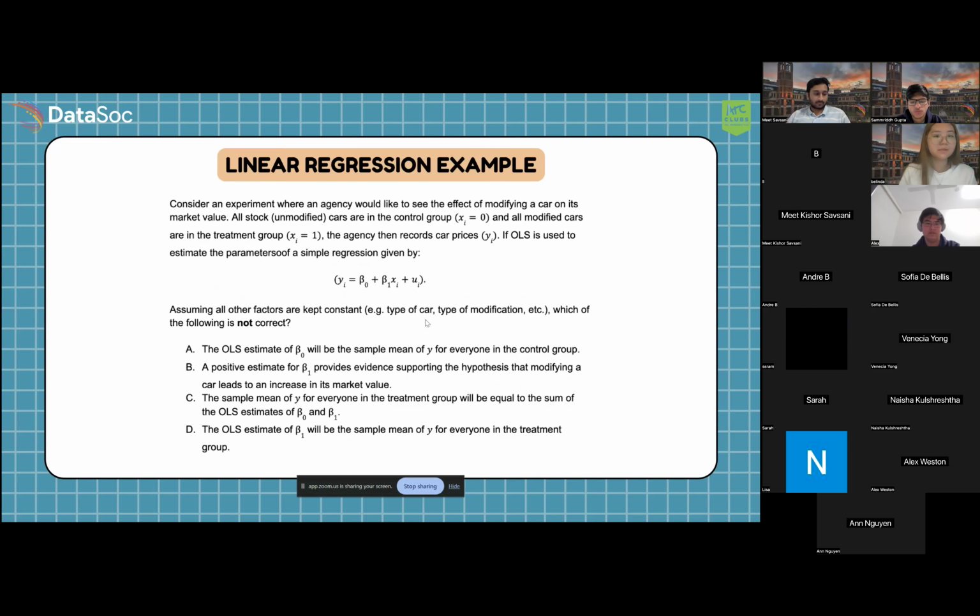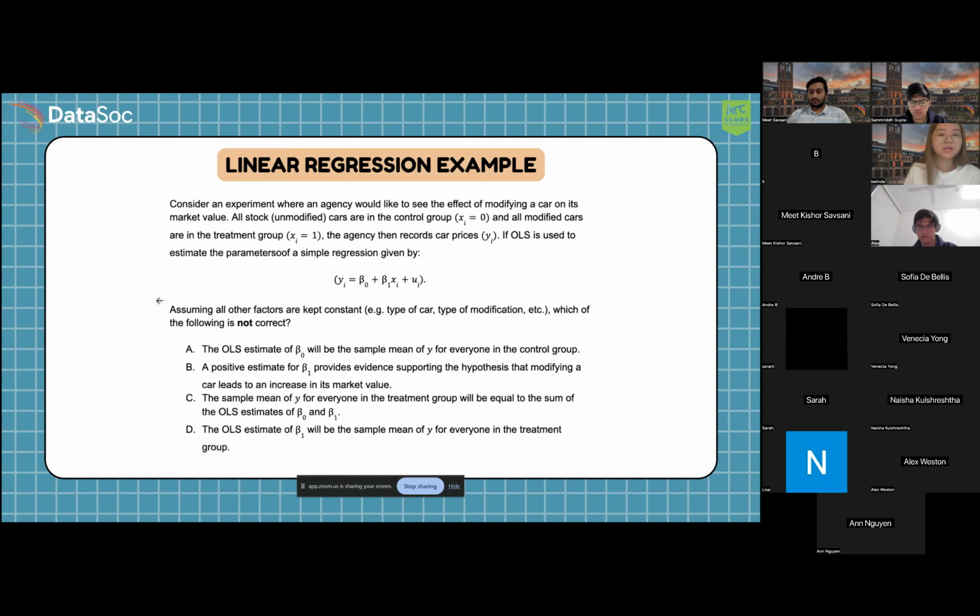So here is an example of linear regression. Consider an experiment where an agency would like to see the effect of modifying a car on its market value. All stock or unmodified cars are in the control group, represented by x1 equals 0, and all modified cars are in the treatment group, where x1 equals 1. The agency then records the car prices, y1, and uses them to estimate the parameters of a simple regression. This is the formula of the linear regression: price equals b0 plus b1 times x1 plus u1. And assuming all other factors are kept constant,